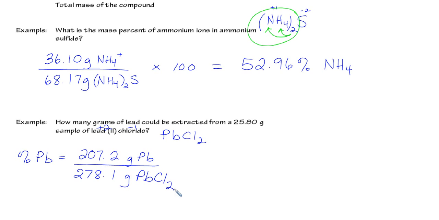Now, if I wanted to, I could multiply this by 100, but I'm going to leave it as a decimal. At this point, for sig figs, again, it's all constants off my periodic table, but I noticed that the lab data given is 25.80 grams, which is 4 sig figs. So I think I'm just going to plug this in and leave